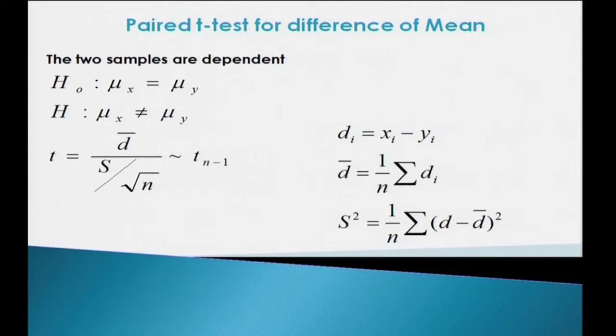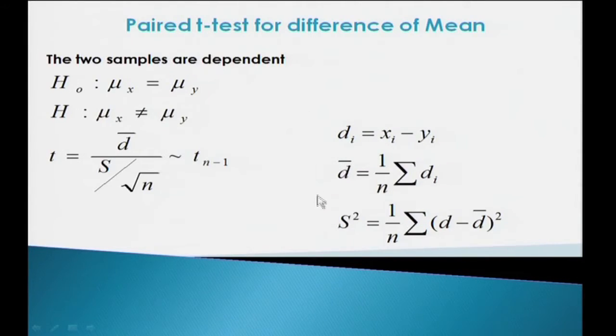So our hypothesis would be whether the averages before are equal to the averages after, or the averages before are not equal to the averages after. This is in general what we are talking about. Since the data can be paired, we will define di, the deviation in those paired values. Paired value xi is before the test, paired value yi is after the test. So how much is the deviation, that di will define. With that di we define d bar as 1 by n summation di.